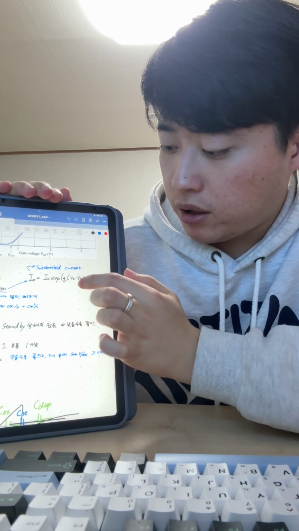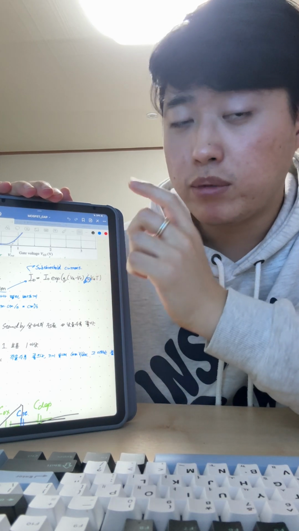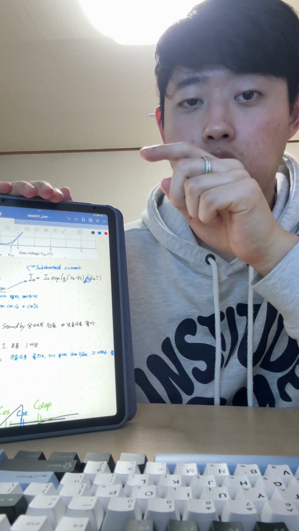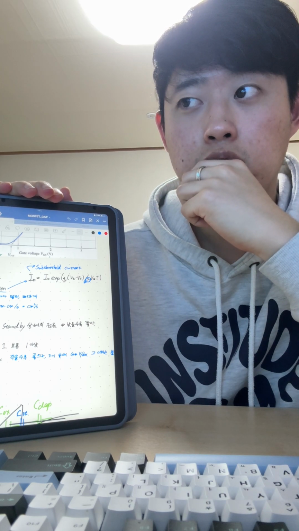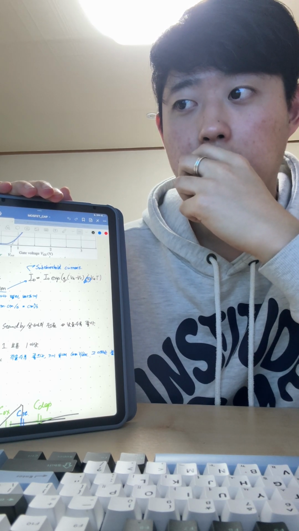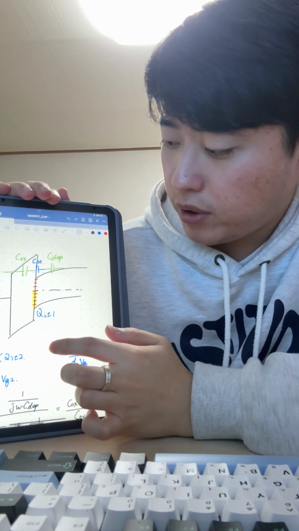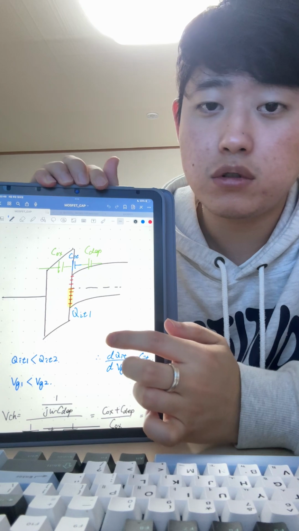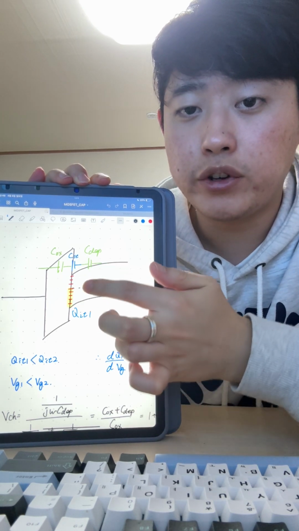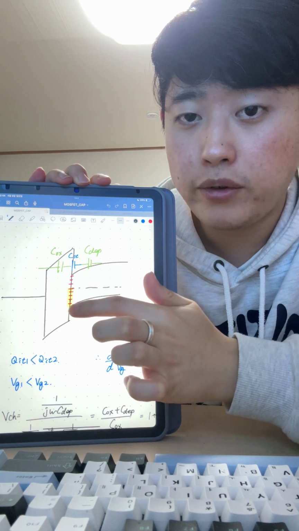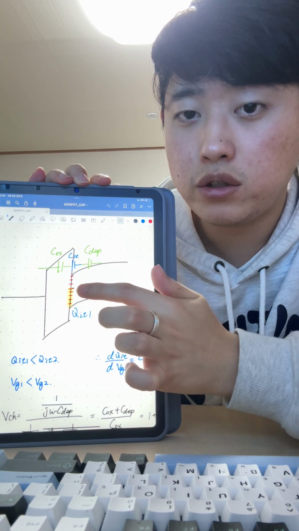N in ideal condition is 1, but there are many effects so in... okay, sorry. Okay, if this is such a depletion region, here is the Fermi level,